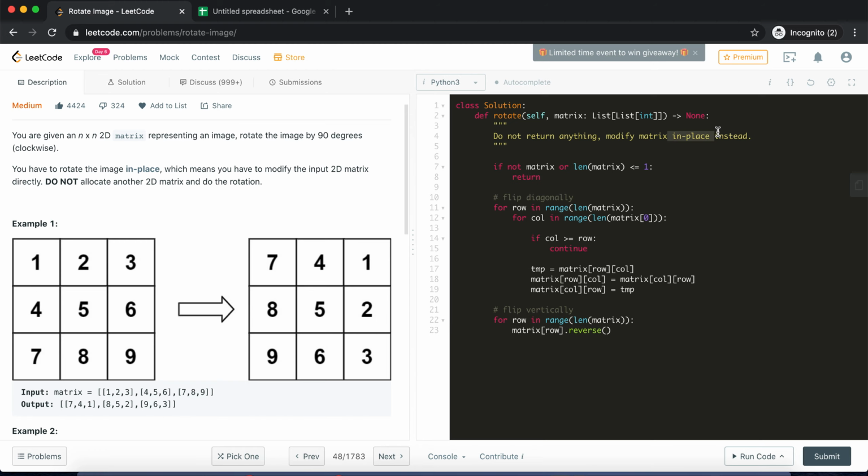That's it. We are not supposed to return anything in the first place, right? So we'll have to do everything in place. So that's what we have done. So that's the code that we need to write. Let me verify my code.